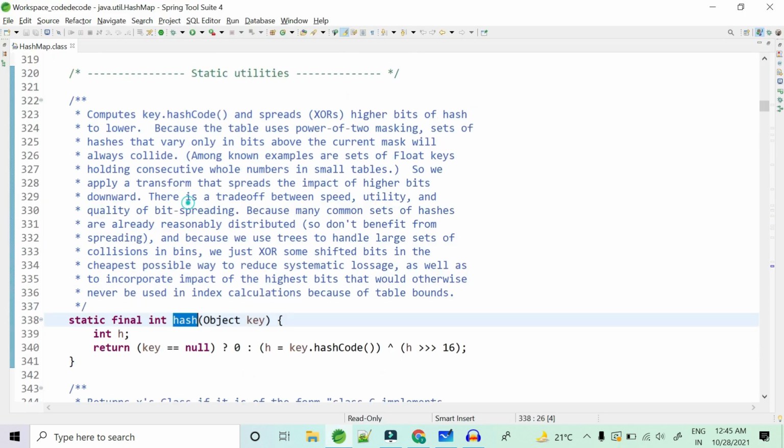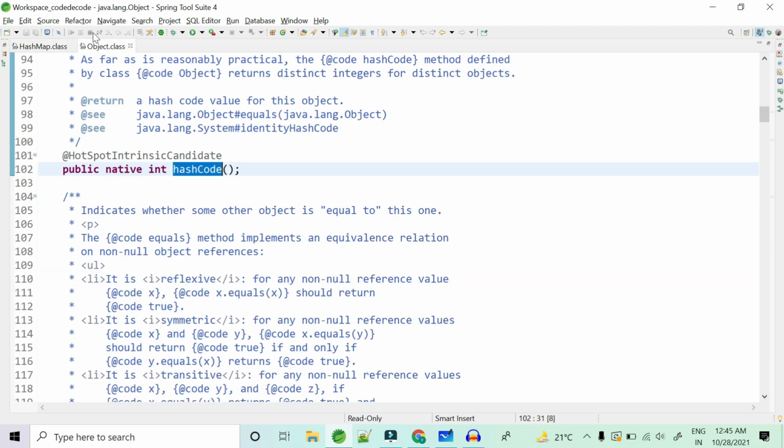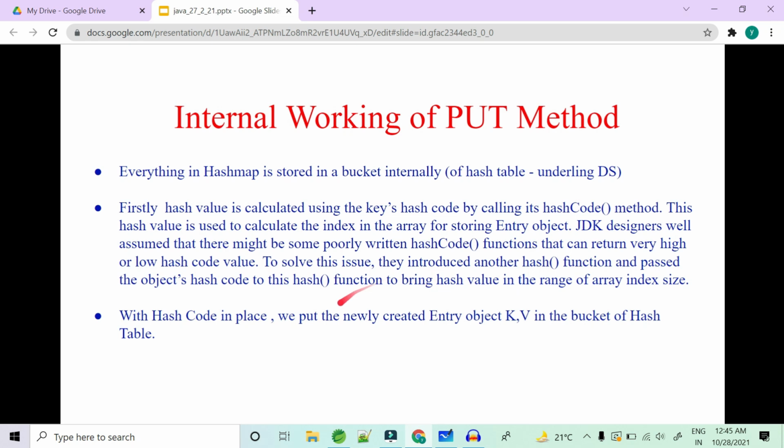This method is going to call your hashCode method. If it is not overridden, the Object class's hashCode method is called. Once the hashCode method returns your hash code, you know where to put it. What is going to be put in the hash table is the Entry object with key comma value.